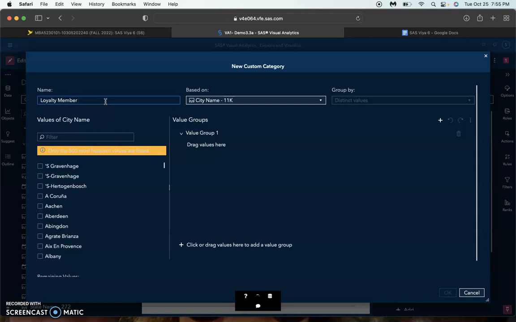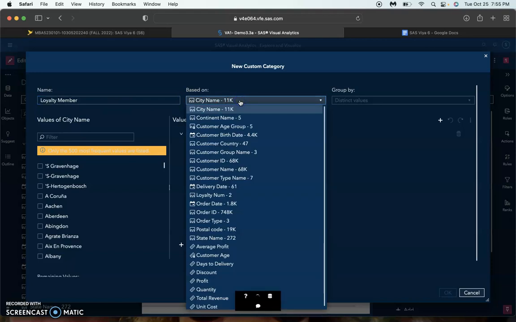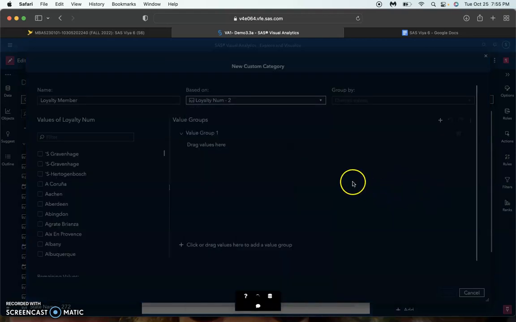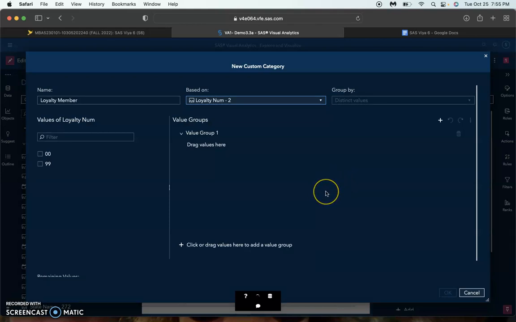And then for the based on field, we are going to select loyalty number, or loyalty num, and double click that. And then we're going to type in